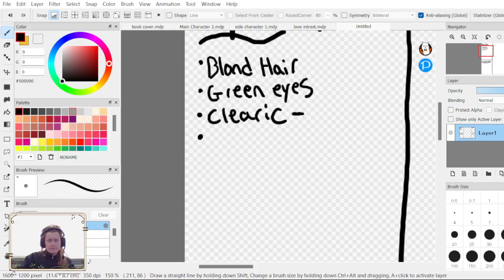Okay, here we go. It's finally starting to load up a little bit. Dwarf, gnome, halfling. We could do halfling. I like halflings. Halflings have always kind of been my go-to.